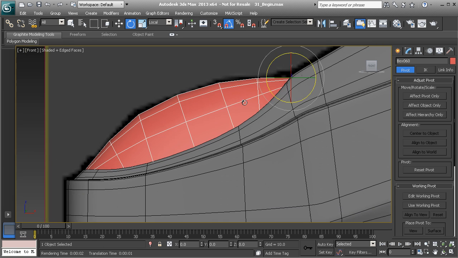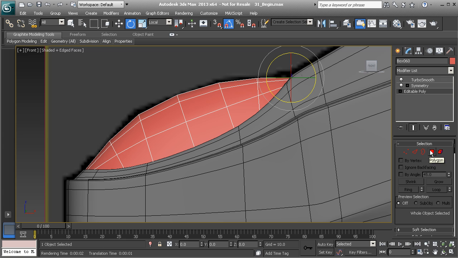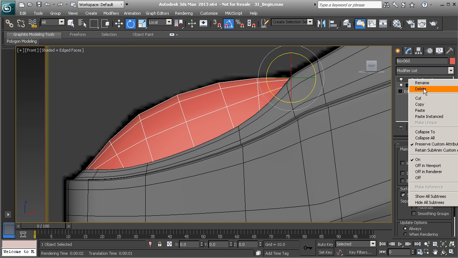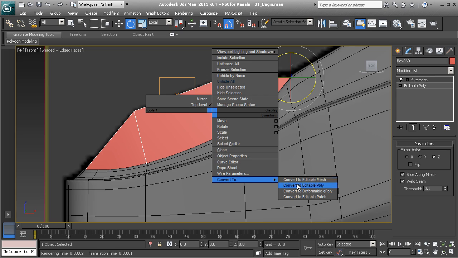I'm going to go to my front view, and I think that I want to create a little bit of a rim around this canopy. So let's go to edge mode, and I'm going to take a look at this really quickly. Let's grab all of our polygons. Actually, you know what? Let's delete our Turbo Smooth. Let's convert our object down to editable poly,